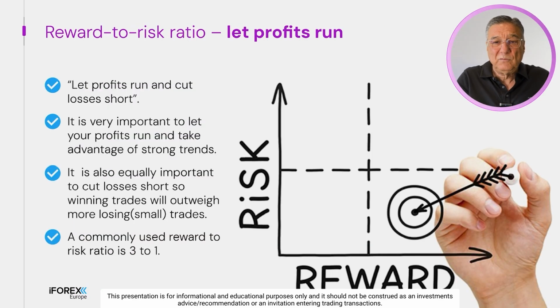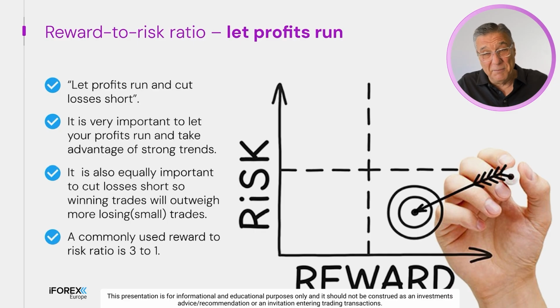So I'm sure you heard this saying, let profits run and cut losses short, right? So if there is a strong trend, we can allow our profits to run higher. And if we lose, we can cut our losses short, meaning that we do not move our stop loss because